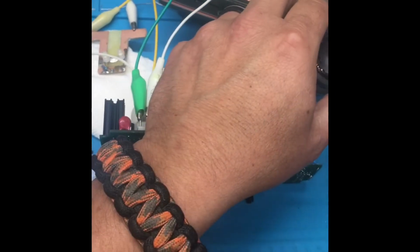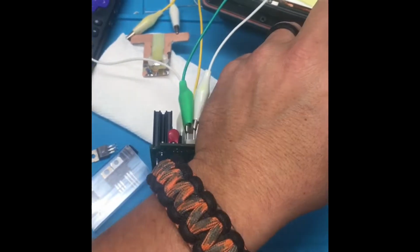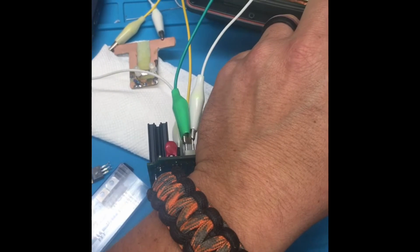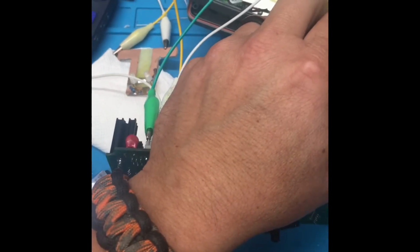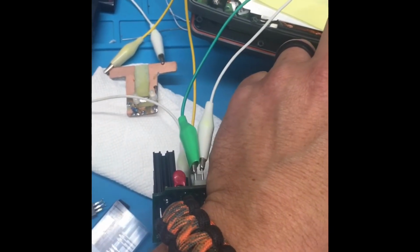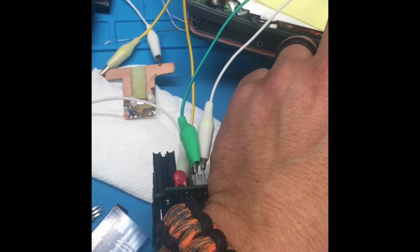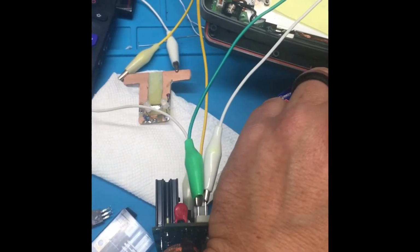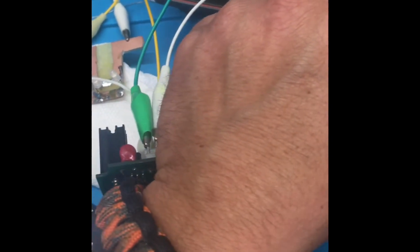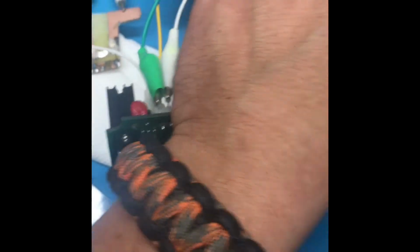Okay, we replaced that NPN power transistor. It looks like it's pairing PNP transistor. Normally they're paired in this configuration. So there's a NPN transistor and a PNP transistor. The PNP looks okay. We put the brand new NPN transistor back in the circuit,